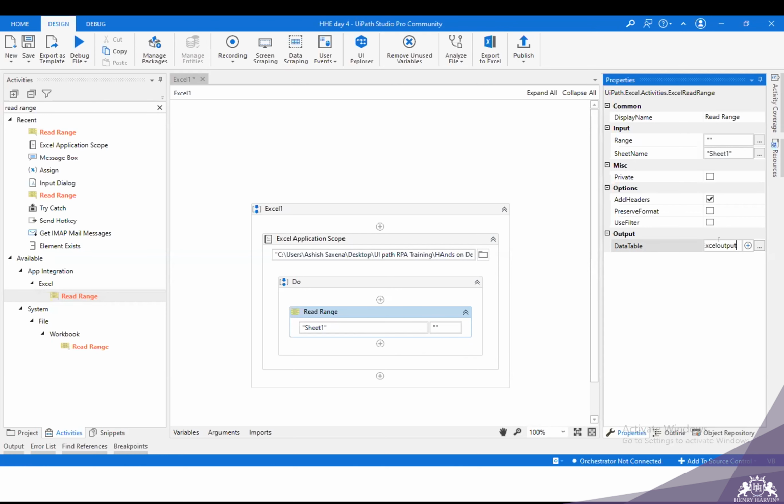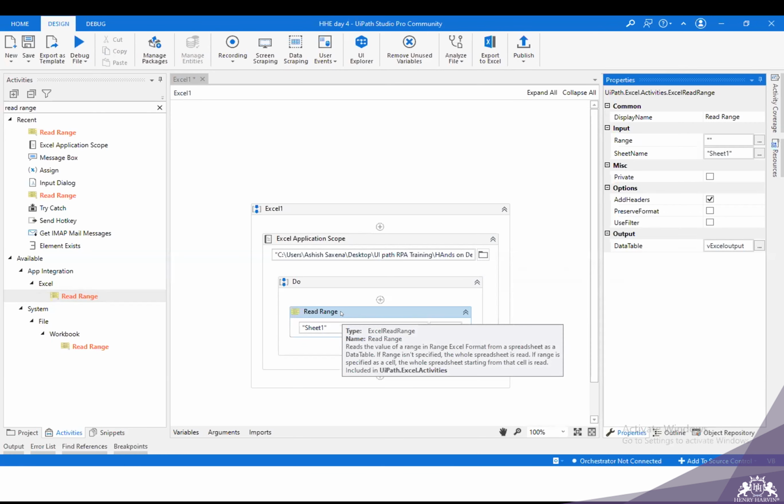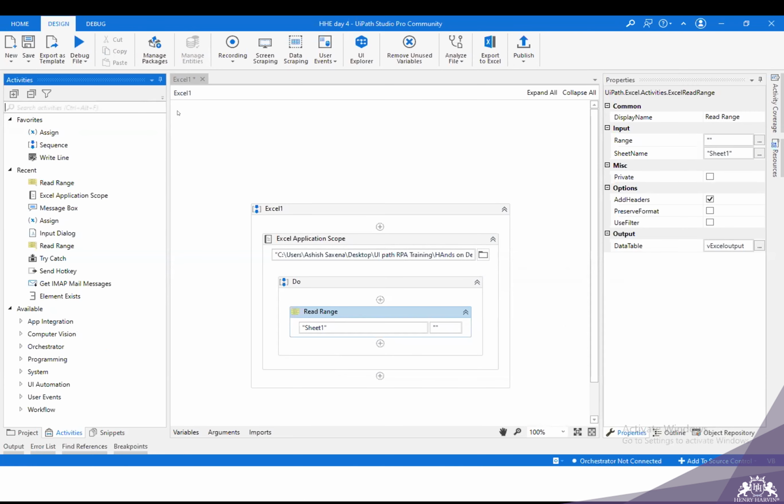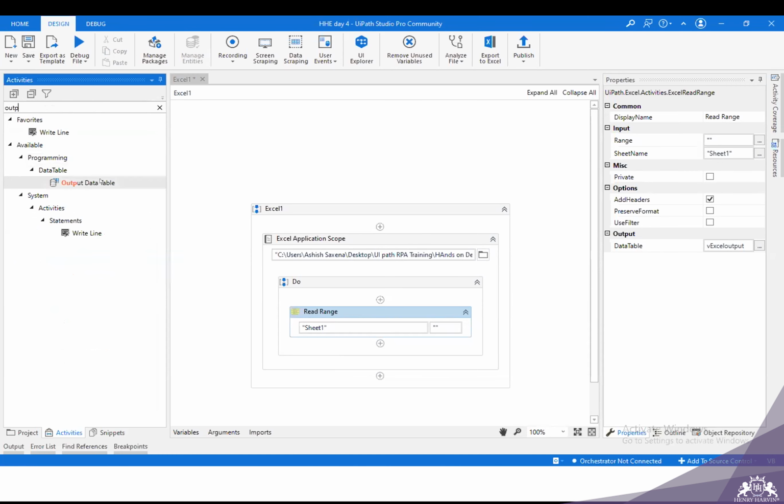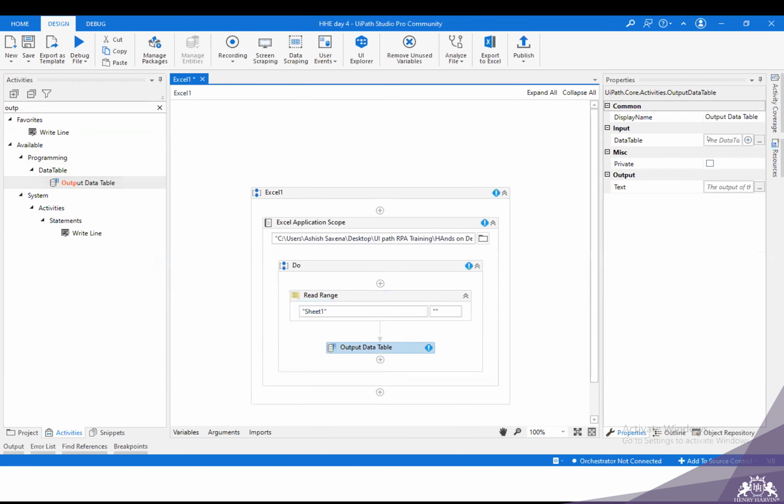Now the new variable is created, and the data which is read from this Excel sheet, which I have taken as an input, will be stored in it. Now I'll drag and drop another activity called output data table, which will convert the input data table into text which I can display in the message box. Data tables cannot be displayed in the message box, only strings can be displayed, as we have learned earlier.